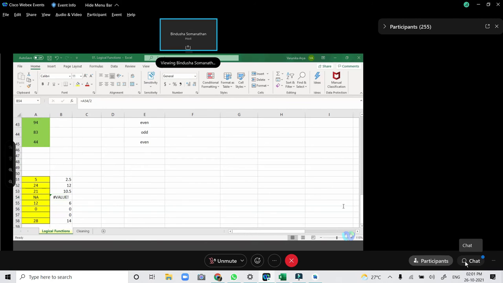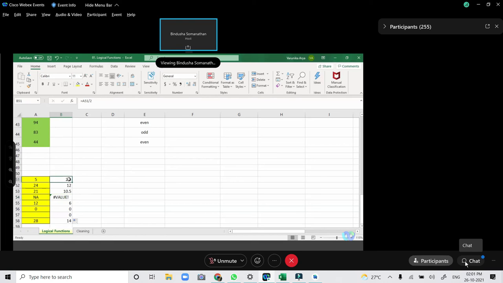Sometimes you get hash division by 0 and stuff like that. These are the errors. So to catch such errors and replace them with something, probably a blank cell or a custom message, you can use IFERROR.